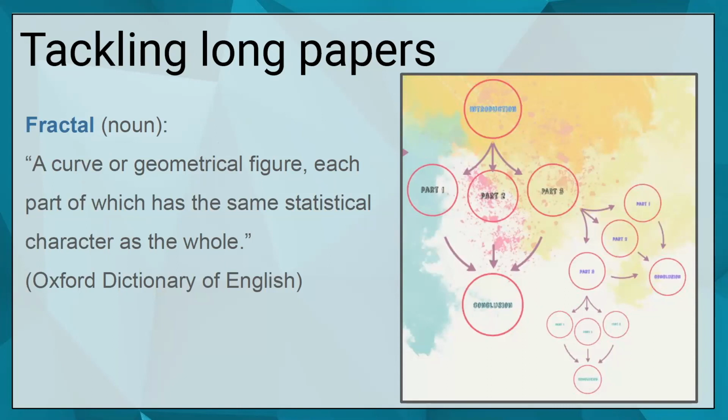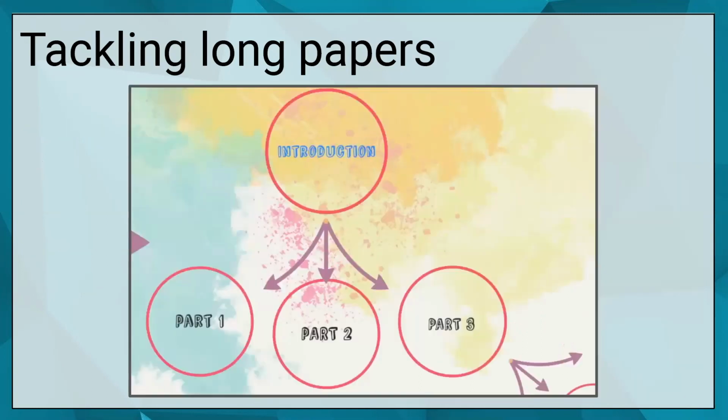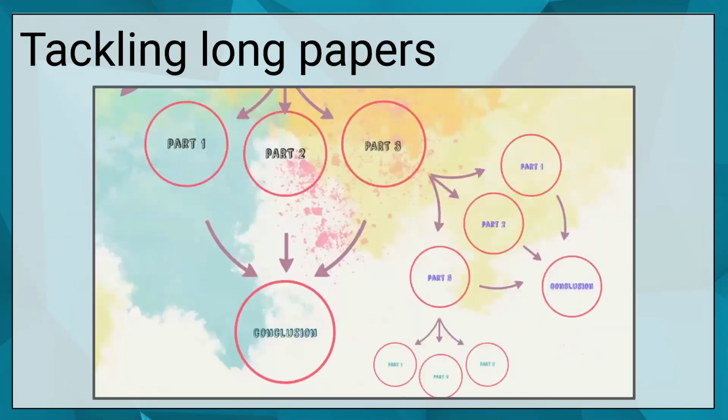We can expand this short essay into a longer essay by subdividing these individual body parts, right? Body part 3, as you can see here, could be divided into a few sub body parts, or subsections, with their own conclusion. And each of these subsections could again be subdivided into a few subsections with their own conclusion, as is indicated here. So introduction, part 1, part 2, part 3, but part 3 again could be subdivided into part 1, part 2, part 3, and part 3 of this subdivision could again be subdivided into part 1, part 2, part 3 with their own conclusions.